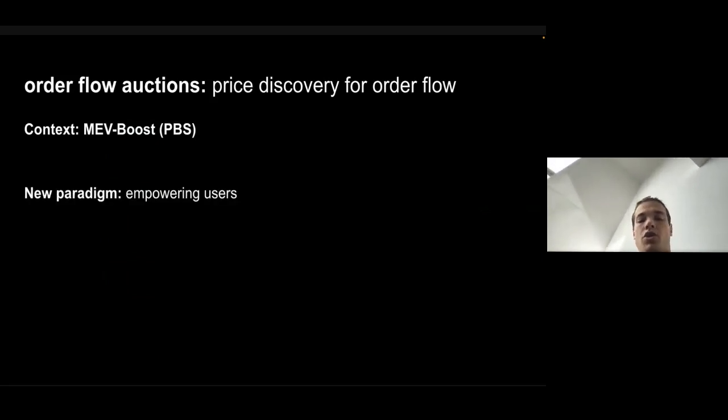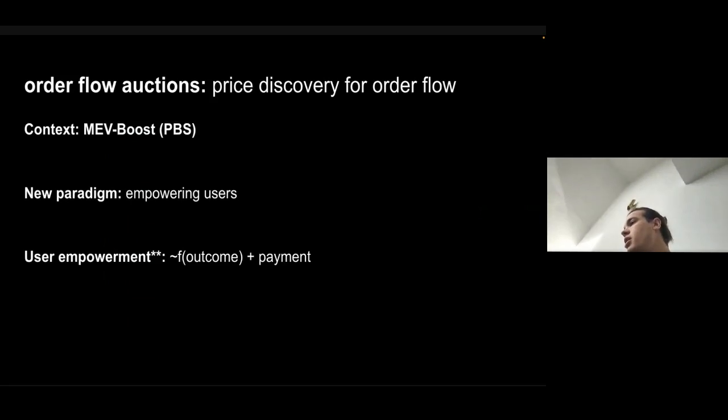Right, and so now we have a new paradigm of thinking. Before we were thinking about how to deal with competition over block space, how do we maximize revenue for the validator, but now we have a component that is trying to do something else, right? It's trying to empower users, which is not a very concrete term. So maybe we can define user empowerment as their utility, which is a sum of a function of the outcome of the satisfaction of their intent, like how good is their execution, and a payment, right? Maybe the payment is them paying a gas fee, but it might also be receiving a rebate because someone wants to backrun them or whatever it is.